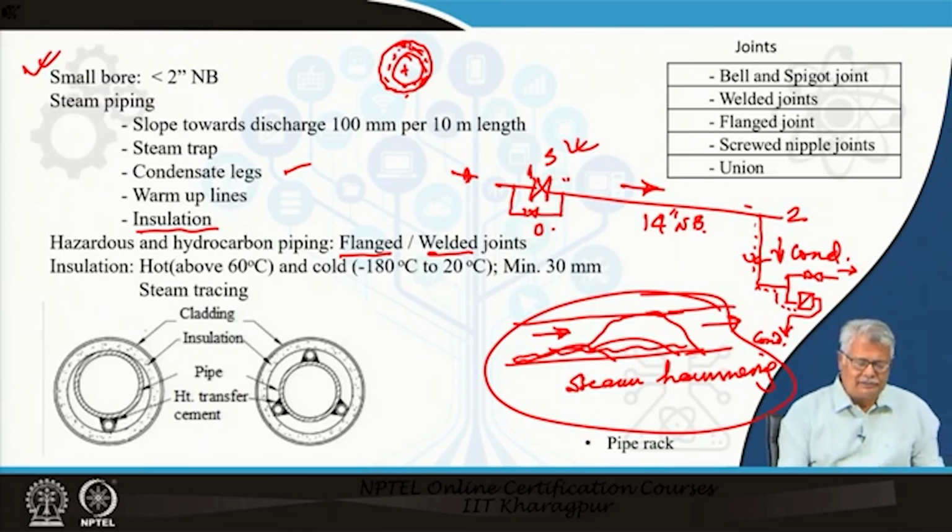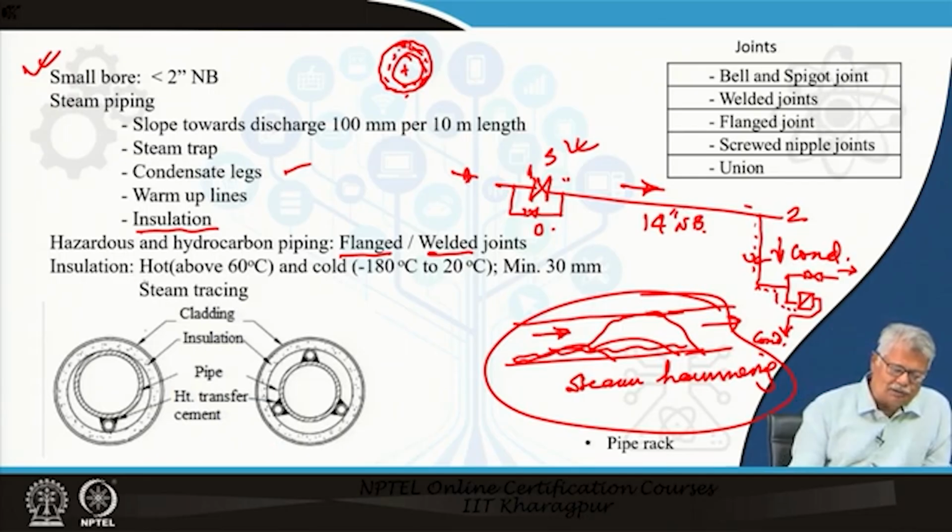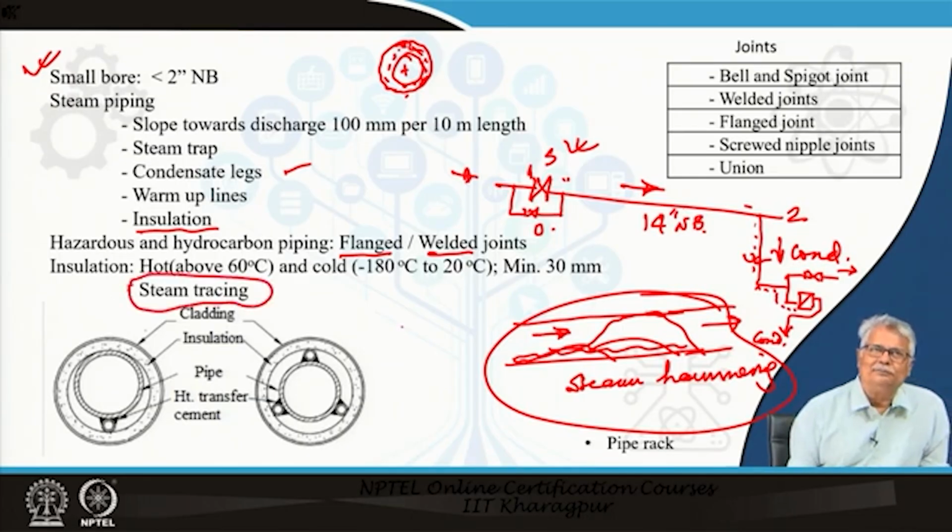You may have an arrangement called steam tracing when you are handling something like furnace oil or something even more viscous, which congeals when cooled. What you have in this case is another pipe which carries steam, usually low pressure steam, typically around 3 kg per cm square gauge or 5 kg per cm square gauge. It is kept within the same insulating boundary,